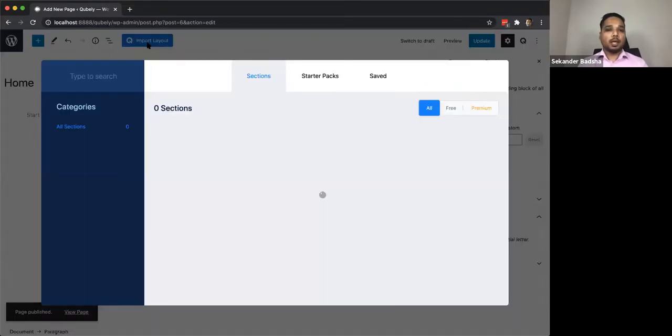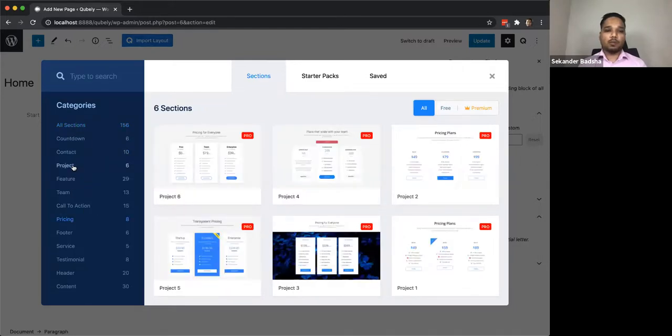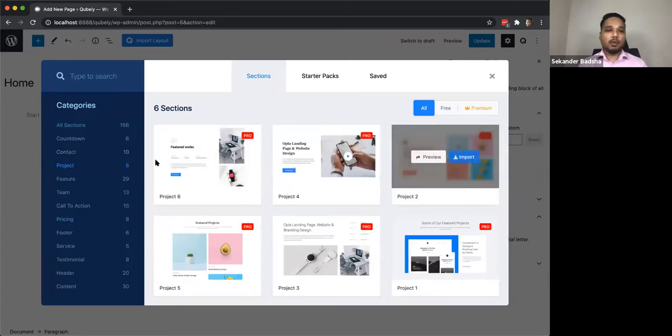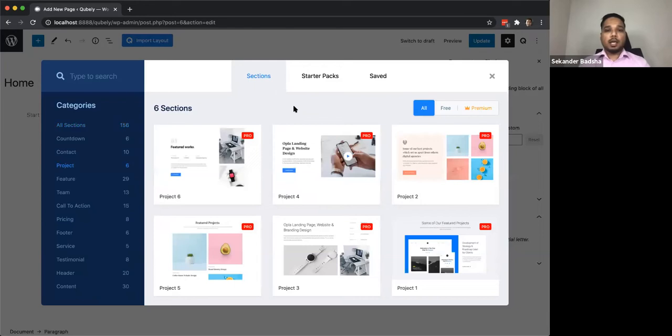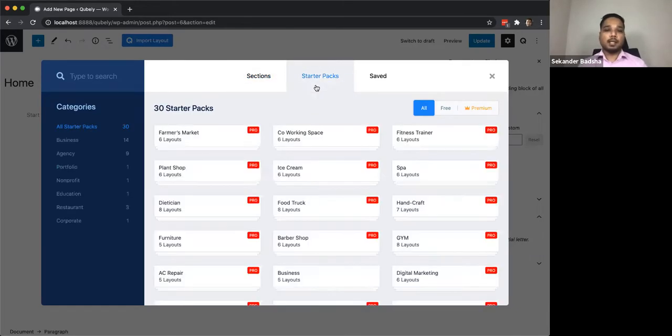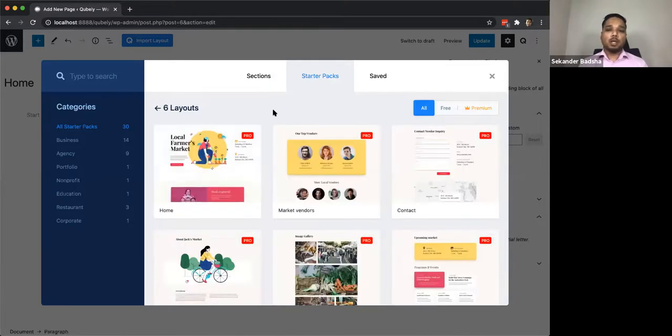We can click here and we can see that there are more than 150 sections, and each section has different kinds of designs and different kinds of practices and different kinds of typography, different kinds of arrangement and everything. And there are also starter packs. Starter packs work like a theme. So despite having Astra, you can use a ready-made theme or ready-made templates for each page to design everything faster,